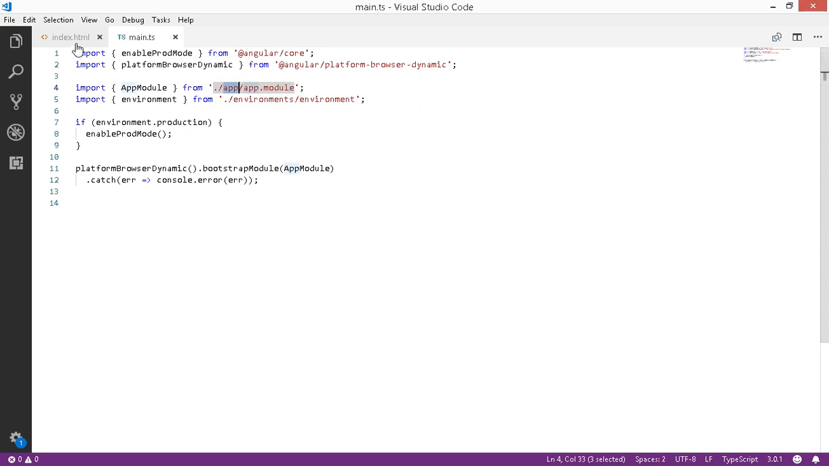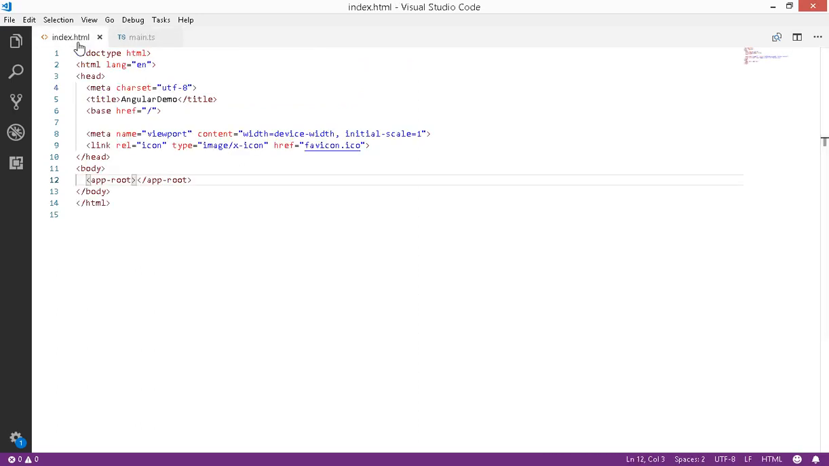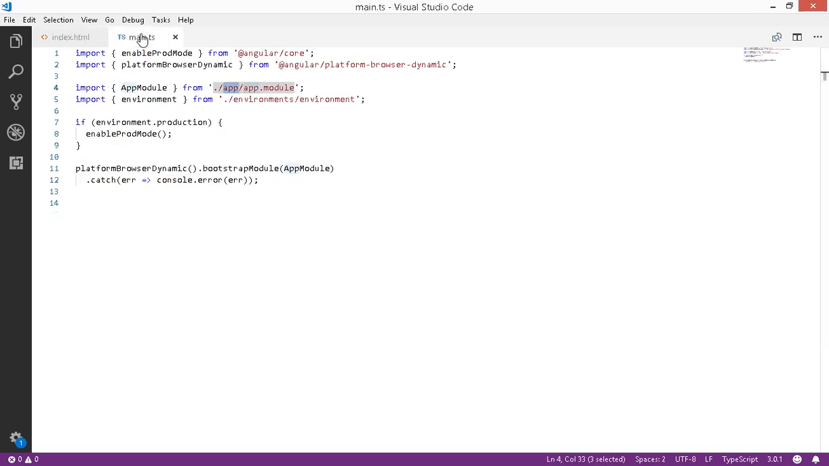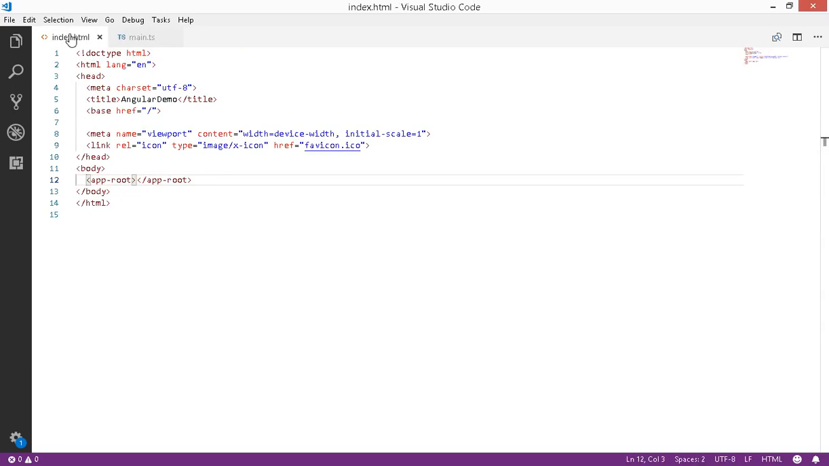Maybe you people are thinking why I opened these two files. So let me answer you. index.html is the first file from where the execution begins, right? And after the execution of index.html, the main.ts file executes. And if you are again thinking why index.html, where it is written that index.html will execute first, so for that